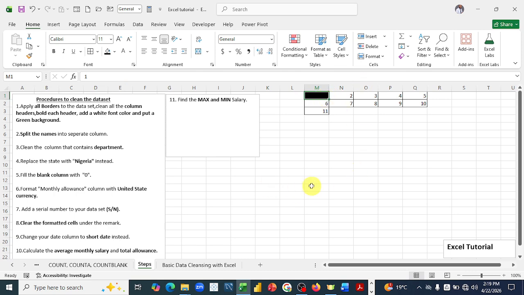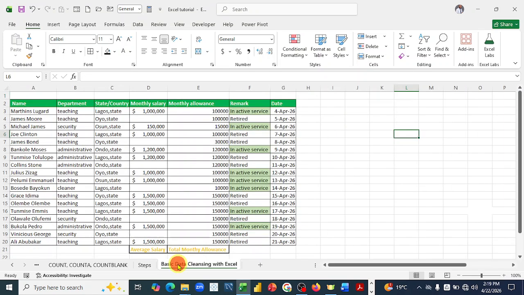So now we move to 2. Split the names into separate columns. Now if you look at the names, we have 2, right? Martins Lugard, James Moore. Now we want to split them into 2, whereby Lugard will be inside a new column, Moore as well, the James, which is the